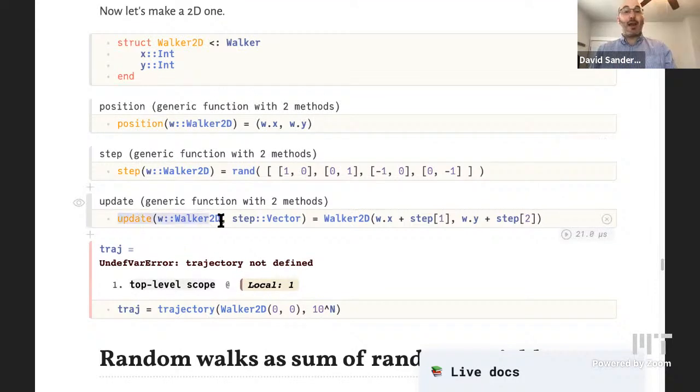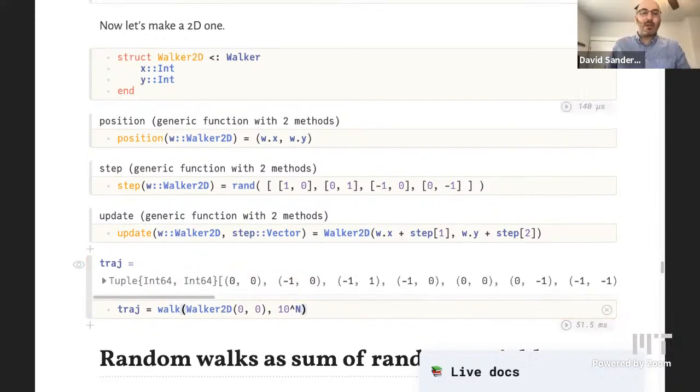And then now I need an update function too, because the update is special too, because I have these two different representations. The representation has two values and the step representation is a vector. So here, how do I change the x coordinate? I add the first component of the step vector to w.x and the same in y, and I return my new Walker2D. And so when I do that, it all works. And so that's an example, I think it's a good example of generic programming,